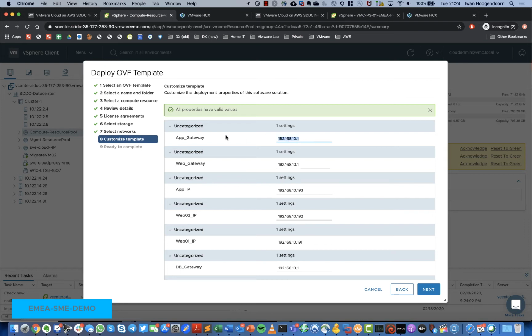Now that we've selected the correct networks, one thing is important, that we need to set the correct gateway IP addresses and the IP address of the VMs itself. So remember that we've set the gateway in the VMC and AWS console. Make sure that the gateway is the same. And obviously we need to make sure that our VM IP addresses are in the correct ranges and get the correct IP address assigned. So every gateway is .1 and